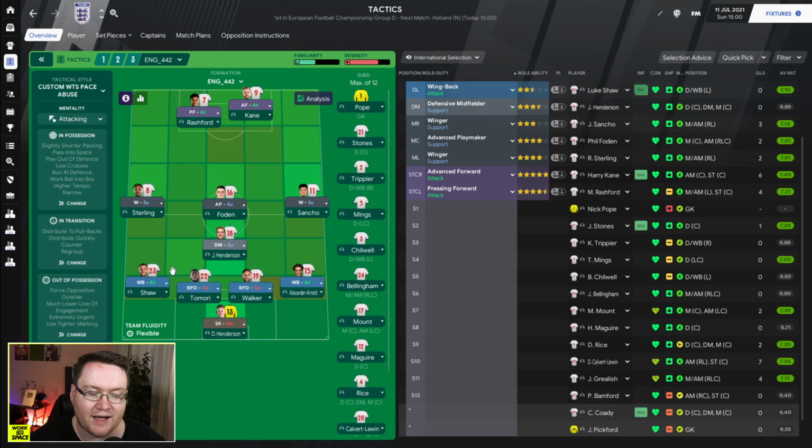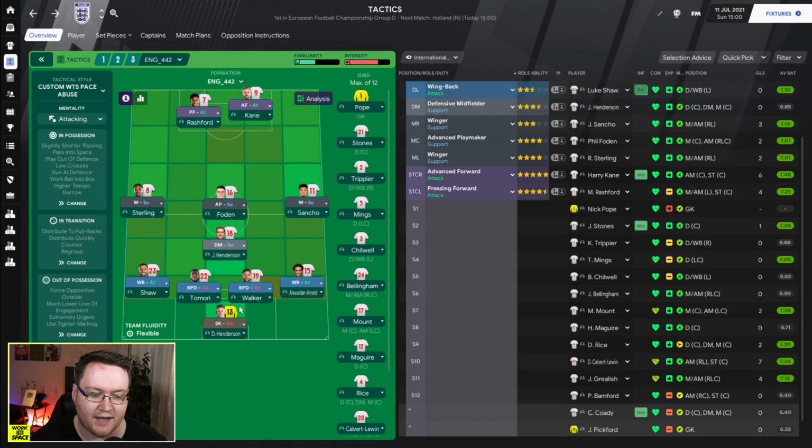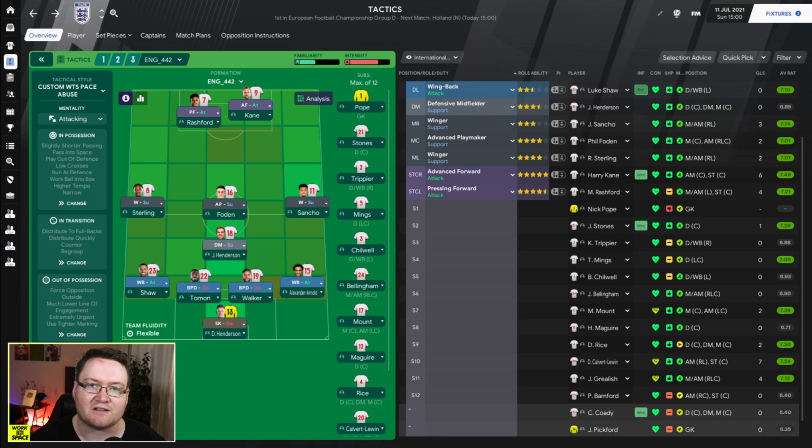Hence the fact we've got wing-backs and also wingers with a slightly weird-looking midfield. Let's talk about the defenders first, because there is a bit of a weird selection here. I am going with Tomori at left centre-back and with Walker at right centre-back. You might think to yourself, well, neither of those are players I thought would be starting together at any point